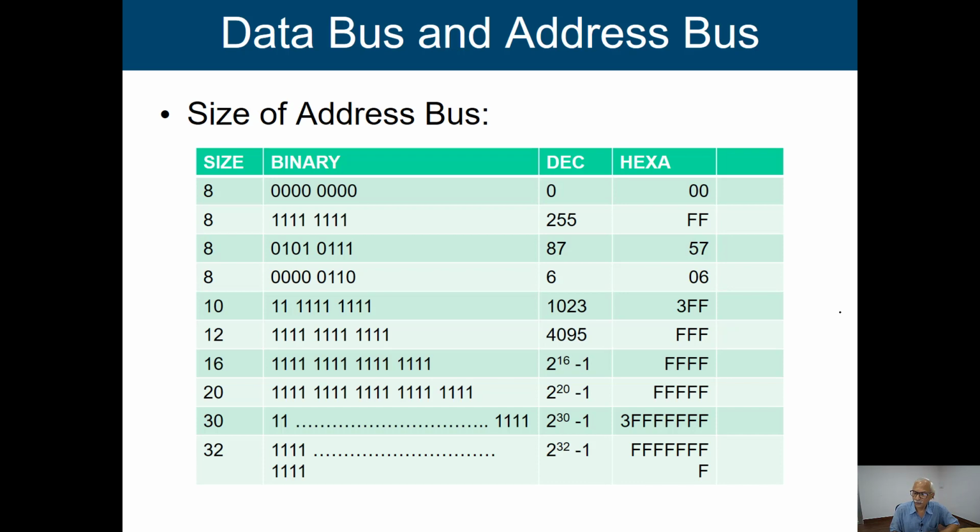So before going to that, I'm going to slightly revise these things again. What is a binary number system, what does it represent and what can we do with it. So first we are going to talk about the address bus and data bus. So this is the size of the address bus. What will happen in this particular case?